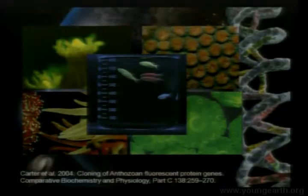Common zebra danios. You might have some in your freshwater aquariums at home. But mine were bright red and bright green. I made a frankenfish. Whew, for better or for worse, but man, right at this point, I could launch into a three-day discussion on the ethical and moral ramifications of genetic engineering. But